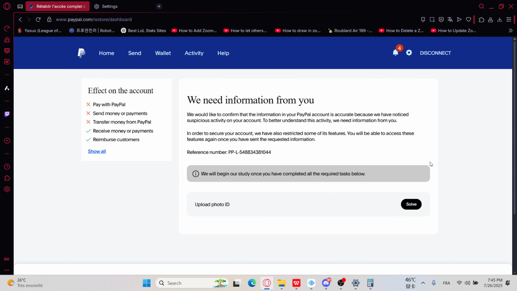So actually guys, to close your account, you will need to complete all the tasks below. So actually it says right here, we will begin our study once you have completed all the required tasks below. So actually guys, you will need to give your identity and your bank informations at first to PayPal, and after that you will be allowed to delete or